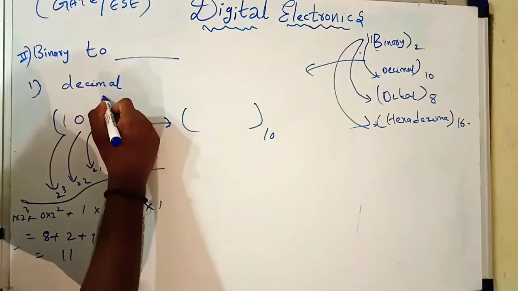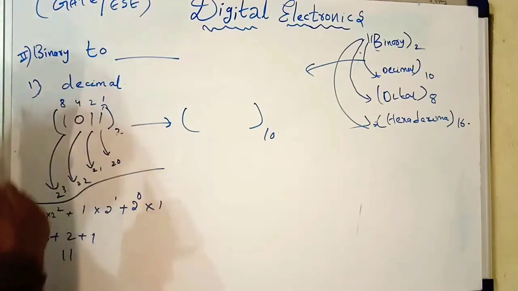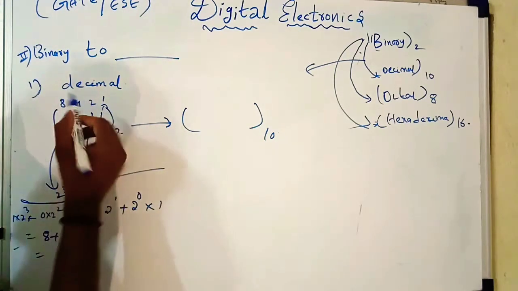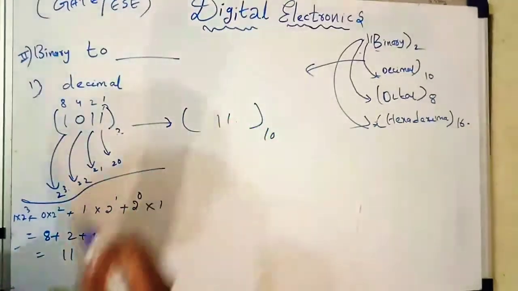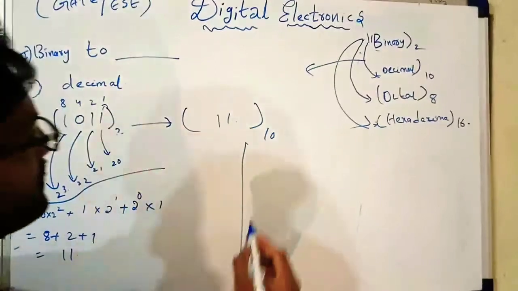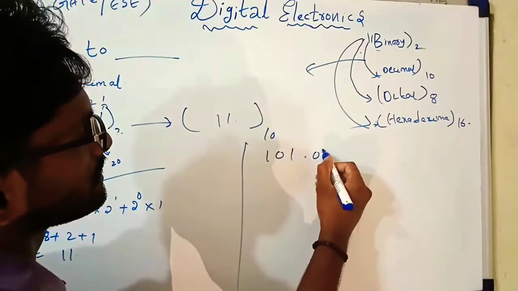This is 1, 2, 4, 8. 8 plus 4, 2, 10 plus 1, 11. So this is 11. We will see the fractional value also. 101.01